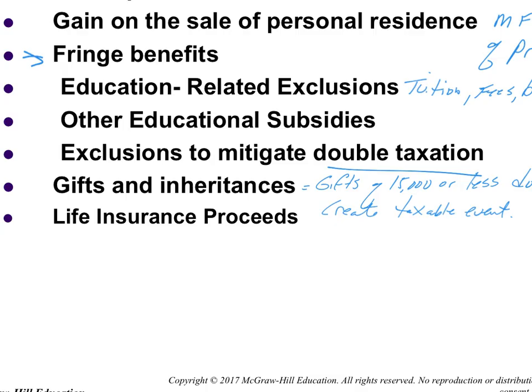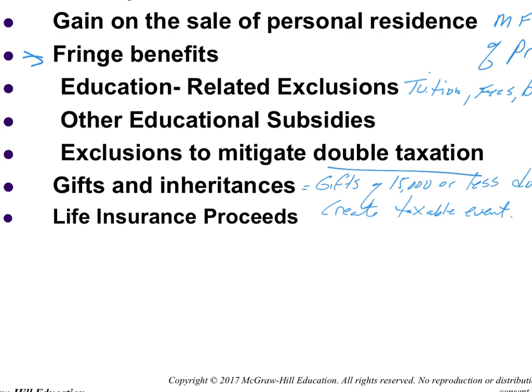If my estate were to be valued at over $11 million, then my estate would pay tax on the amount of the value of my assets over that $11 million